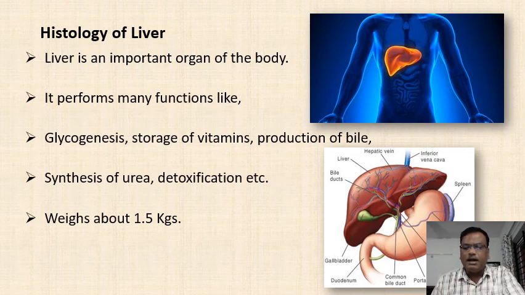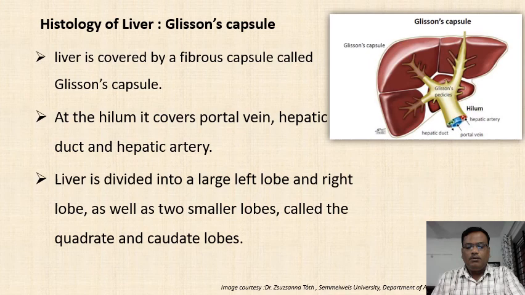And it is a very large sized organ, and it weighs about 1.5 kgs in a human. Now when it comes to the histology of liver, there is a structure called Glisson's capsule. The liver is covered by a fibrous capsule, and that is called Glisson's capsule. It actually covers the whole liver, and the base of the liver is called hilum, and this Glisson's capsule covers